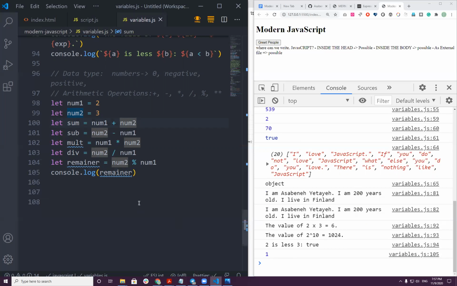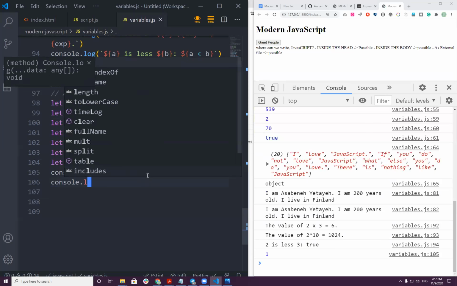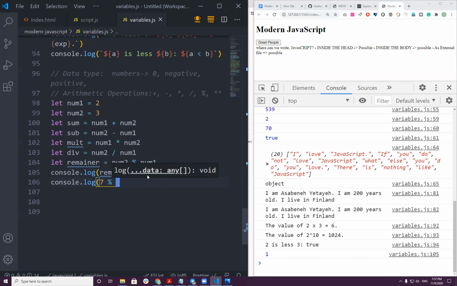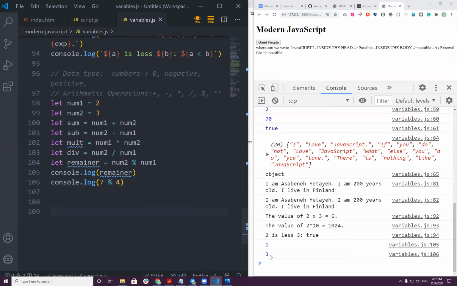So if you understand the concept of modulus, tell me what is the remainder when you divide 7 by 4. What's the result when you divide 7 by 4? 3. 3, but you don't have to think about that. What you should do is actually console.log 7 modulus 4, and it should give me 3. Yeah, great. I think these are the addition, subtraction, multiplication, division, modulus, and